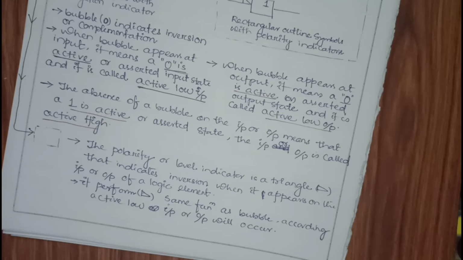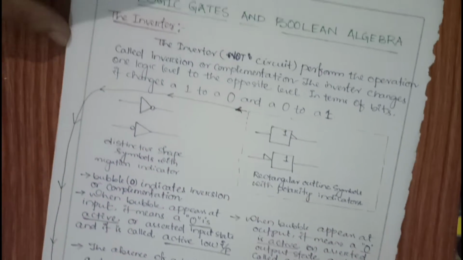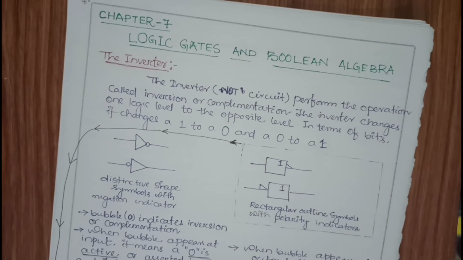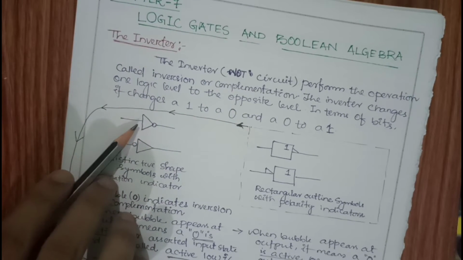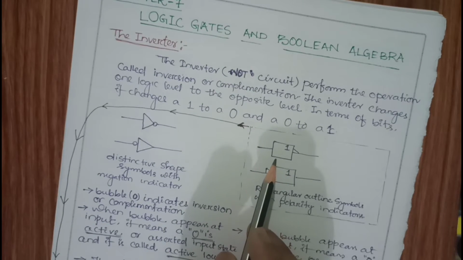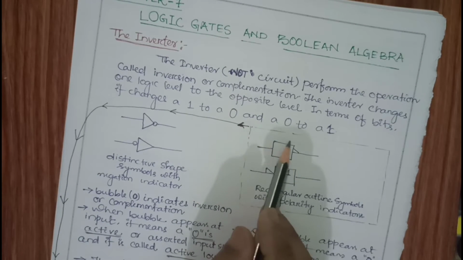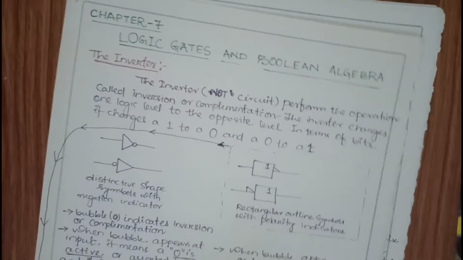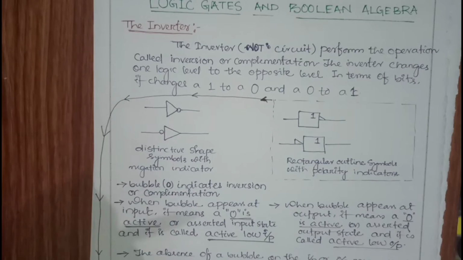Then we will come to our second chapter, I think. Yes, the logic gate and Boolean algebra. So logic gate, first is called inverter. We will see there are different types of logic gates like inverter, AND, OR, NAND, NOR, XOR and XNOR. Okay. So what is an inverter? This is the symbol representation of inverter. A triangle with a bubble, or some manufacturer companies write this type of symbol also, a rectangular box along with one triangle. We will use this symbol, triangular with bubble.